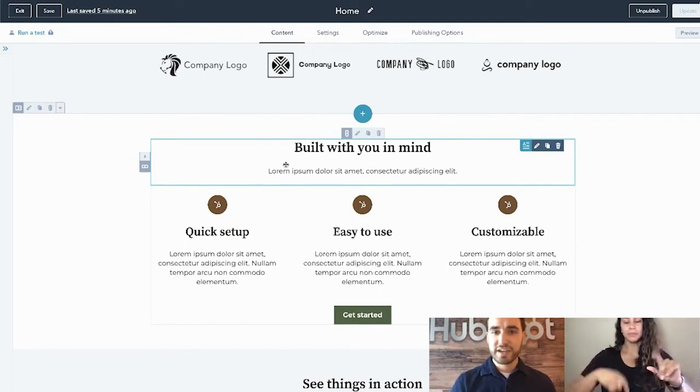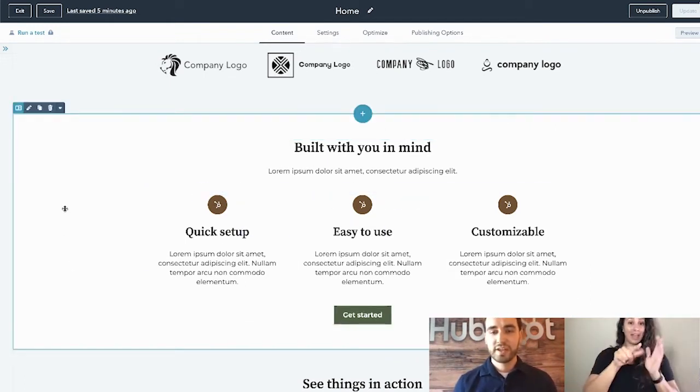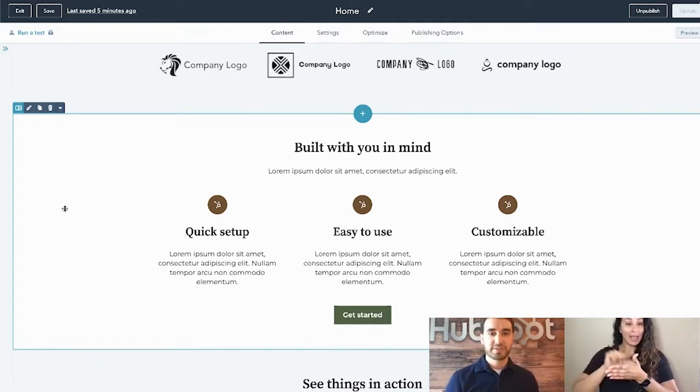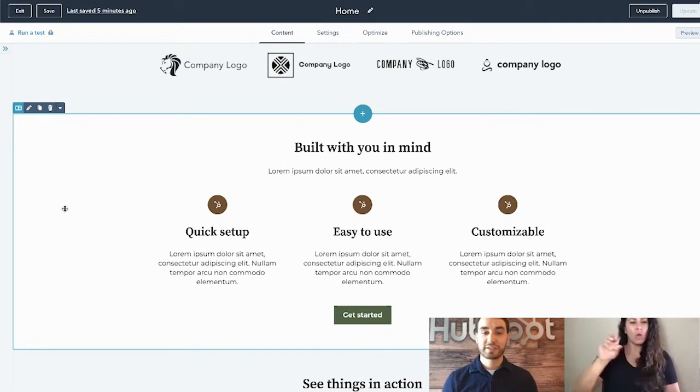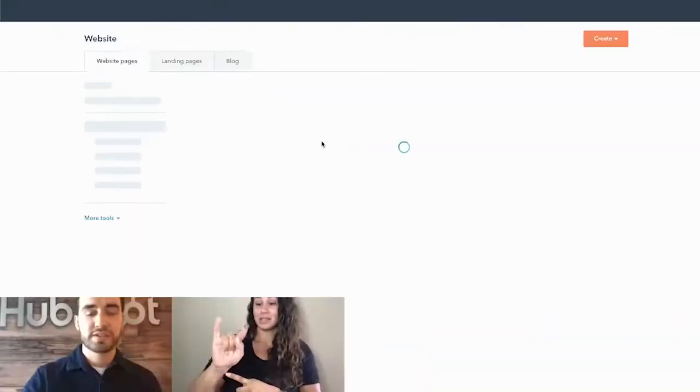And say I really like this section over here that's on my homepage, but I want it on my About page. Prior to sections, basically what I would have to do is put my About page on one side of my screen, my homepage on the other side of my screen, and try to manually recreate this from scratch, making sure all the rows and columns and everything lined up perfectly. That's a really tedious and time-consuming process, especially if you want to add this section to more pages than just one. But now with sections, if I go over to my About page,